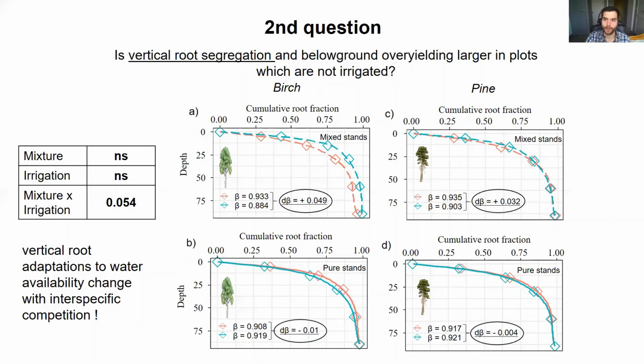It might be that monocultures adapt less than mixtures due to negative feedback from species-specific pests and pathogens, or because mixing species mediates environmental stress. We know from previous studies the importance that interspecific competition has on vertical root distributions, as the inferior competitor might be forced to shift their roots to unoccupied soil space, causing vertical root segregation. However, in this case, we reported higher flexibility of the birch root system to water availability, particularly when irrigated during the growing season and when enduring interspecific competition.